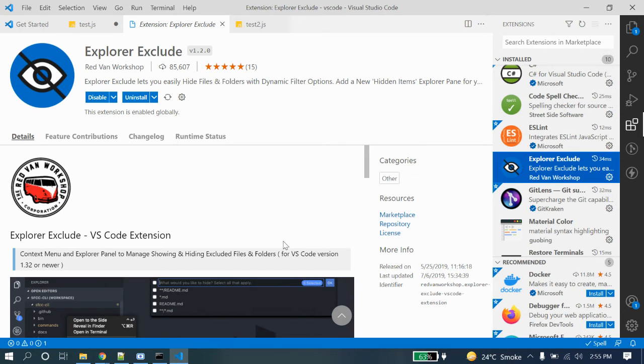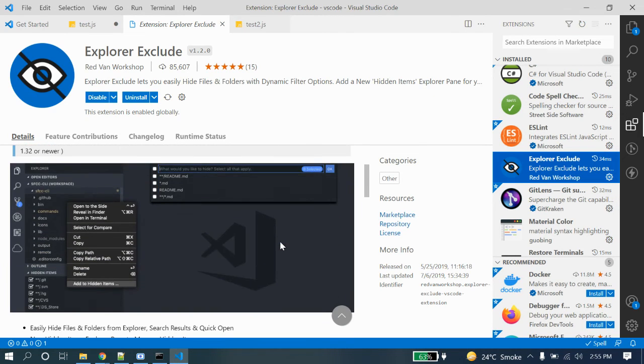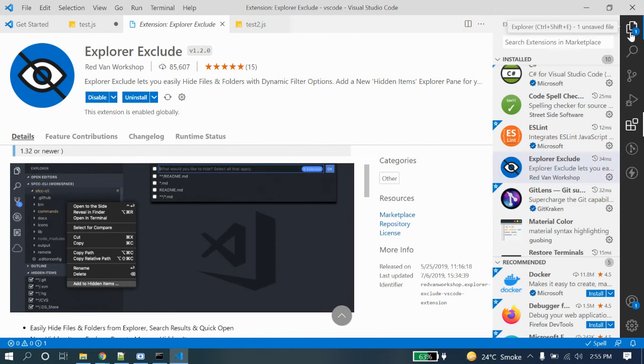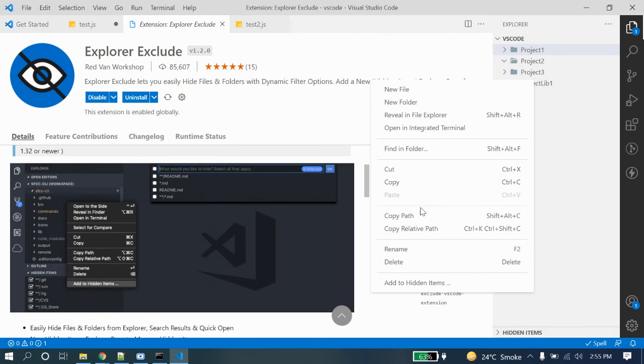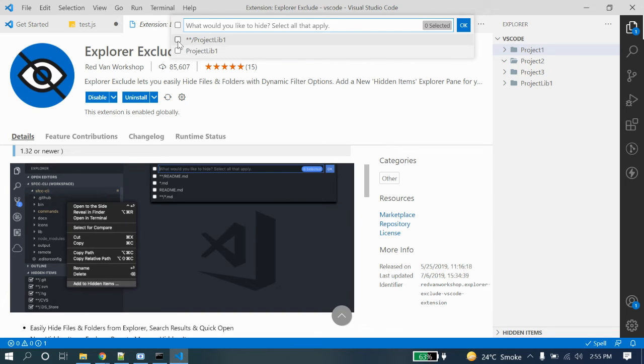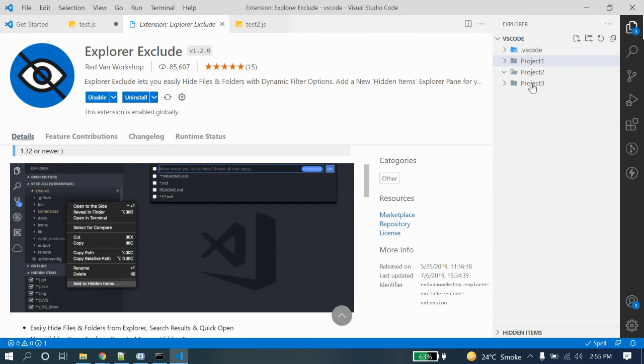When you install it and enable it, whenever you go here and choose add to hidden items, it will ask you which directory you want to hide. If you put those, it will hide them from there.